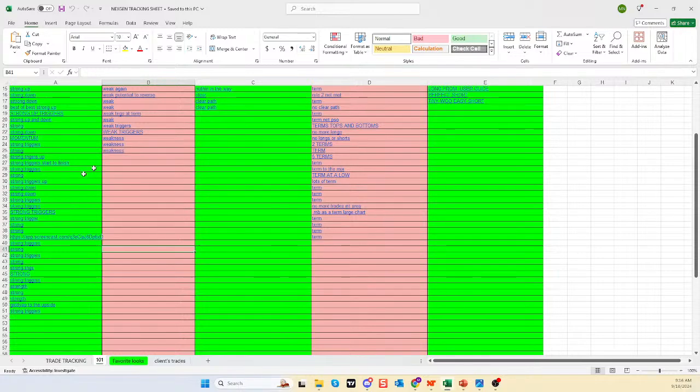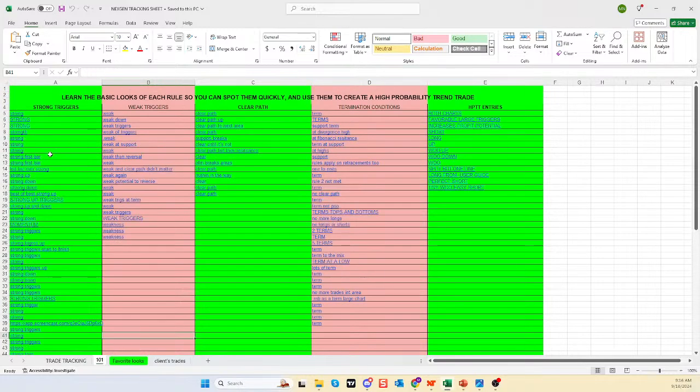The second tab are the rules for the high probability trend trading green. What it looks like when they're true, when they're met, when you have that advantage. There's a red section showing you what it looks like when that advantage goes away. I think it's very important to learn the difference between the two so that you can always say to yourself,